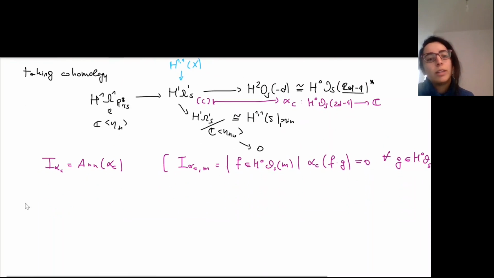So we can define E alpha C as the annihilator of this linear form, and this alpha C we will see is exactly